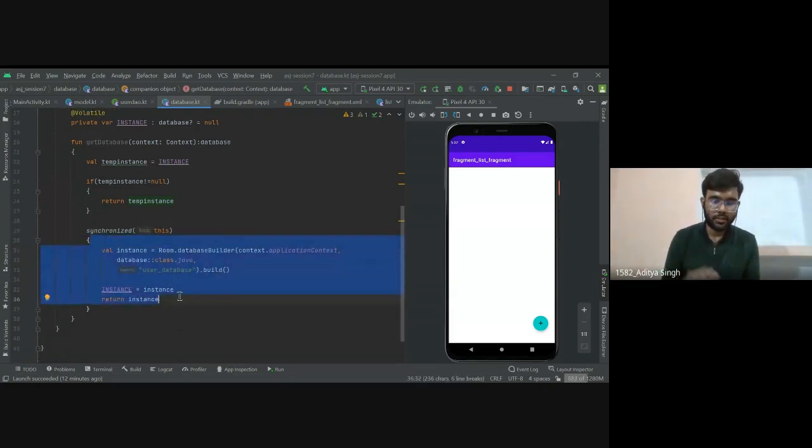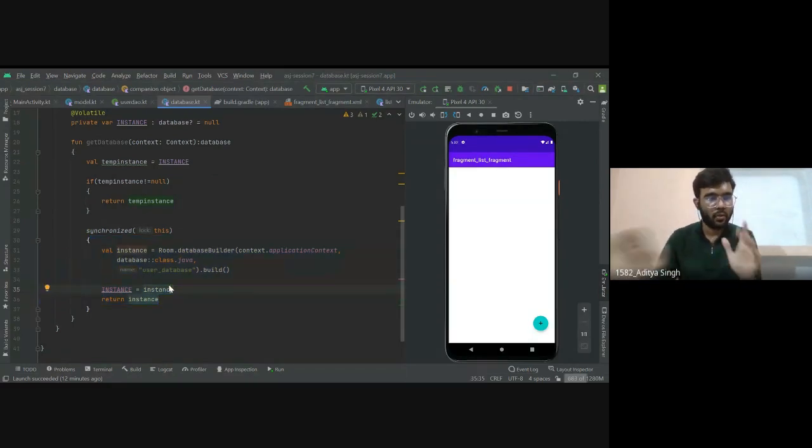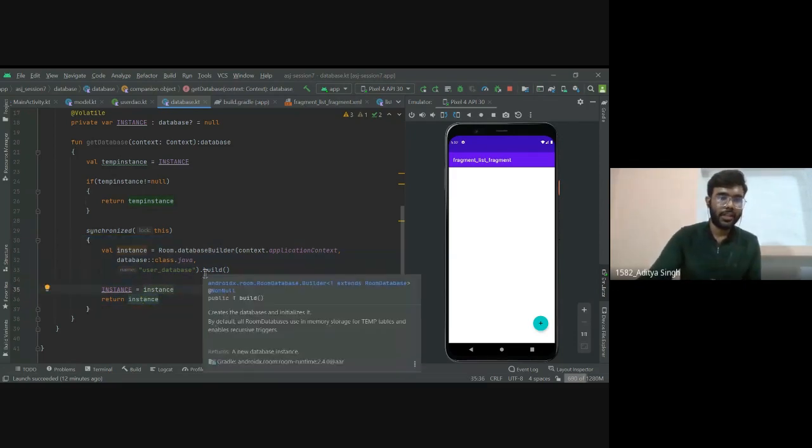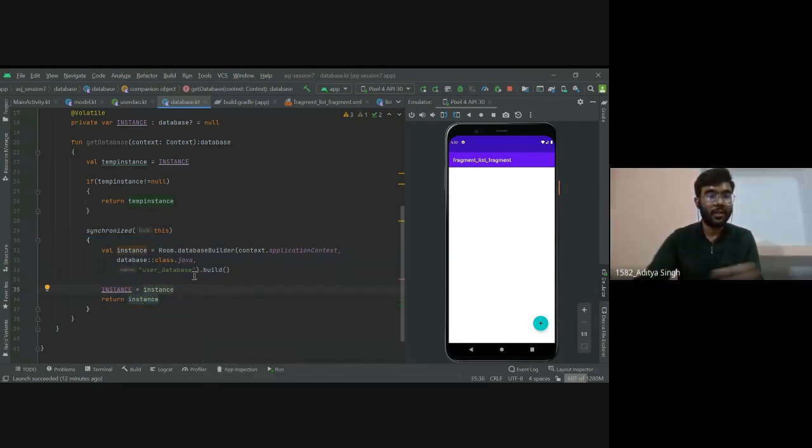Suppose many threads are working in the background. Synchronized will only allow one thread to execute this block at a time. When one thread finishes executing this, only then will another thread be able to execute this code. This is what synchronized does.